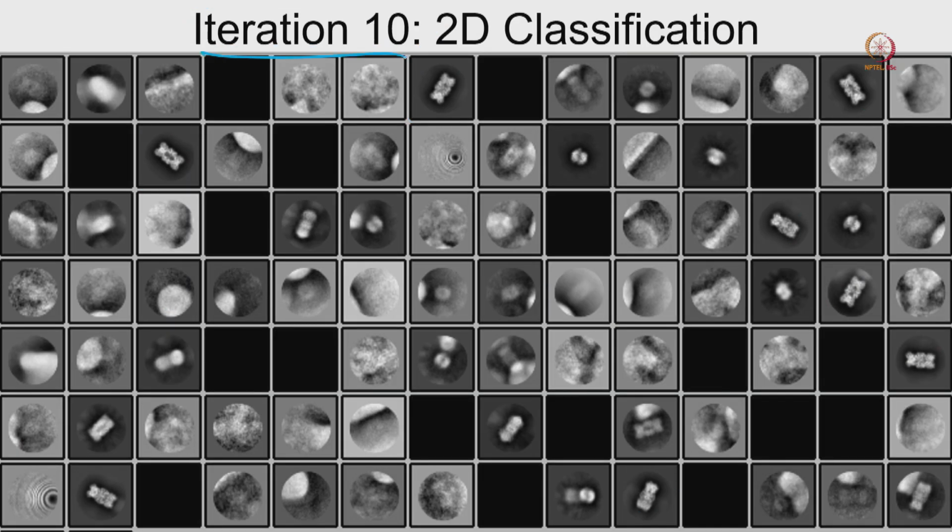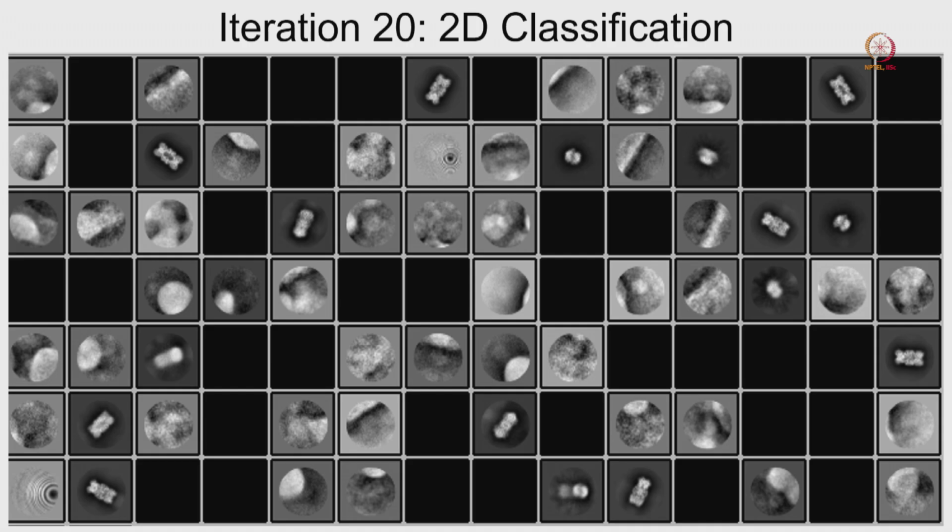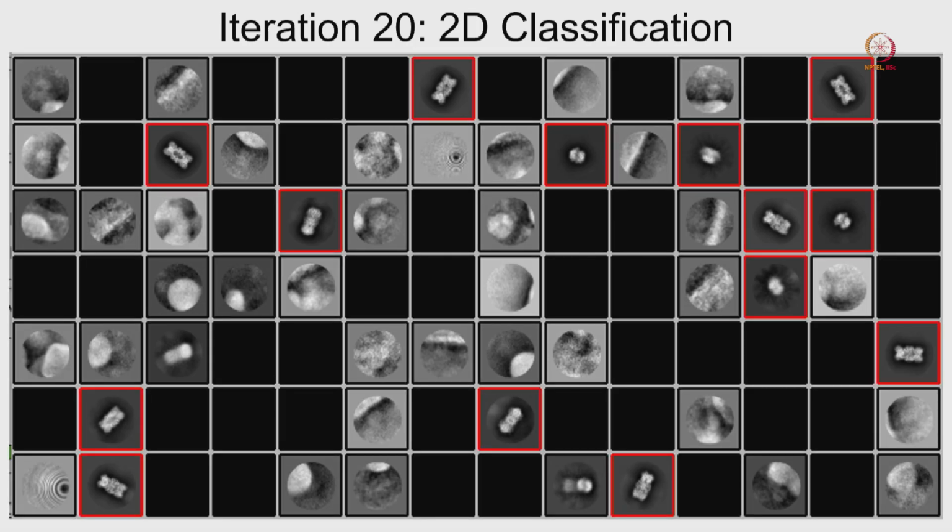Now it is the 10th iteration, and those are the good classes that I am considering, and you can see lots of details compared to the 3rd or 5th iteration. Now if we go to 20 iterations, from the 20th iteration we will select those as my good classes, and I can consider them for the next round of data processing or 3D classification.